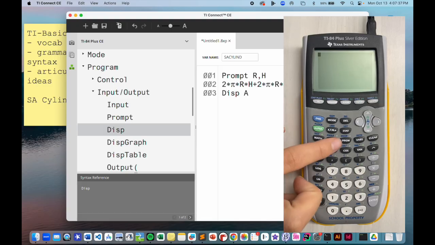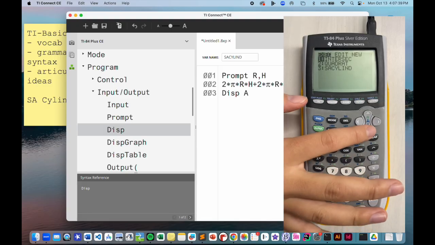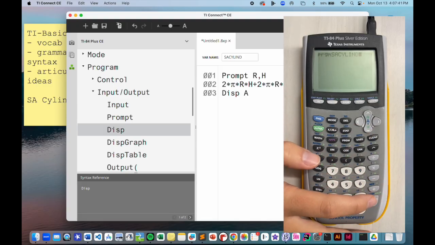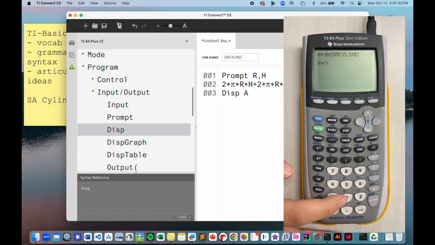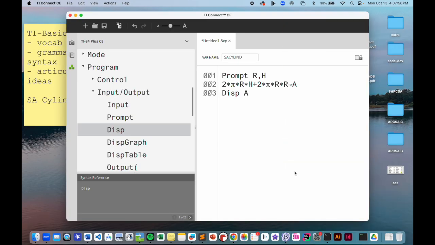And now let's actually try running this program with 2 and 5. And you should get something on the order of 87.9645943. I think that's actually exactly what you end up getting. Congrats if you did get that. If you didn't, again, go ahead, double check every single thing you typed with every single thing that I've typed